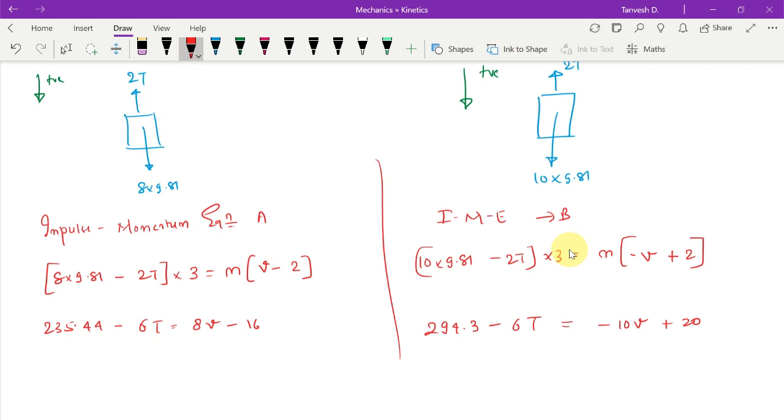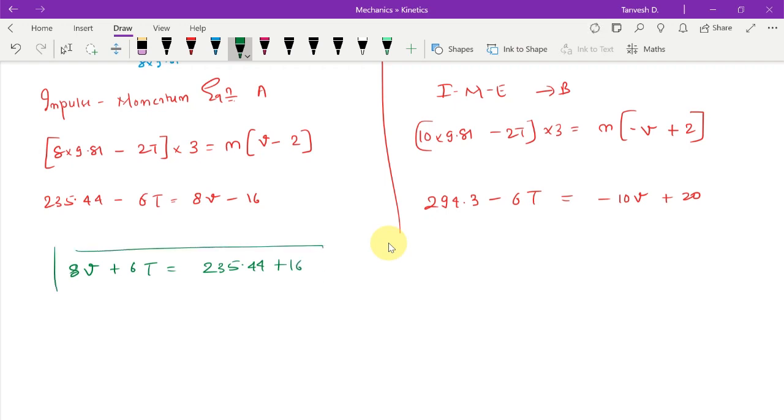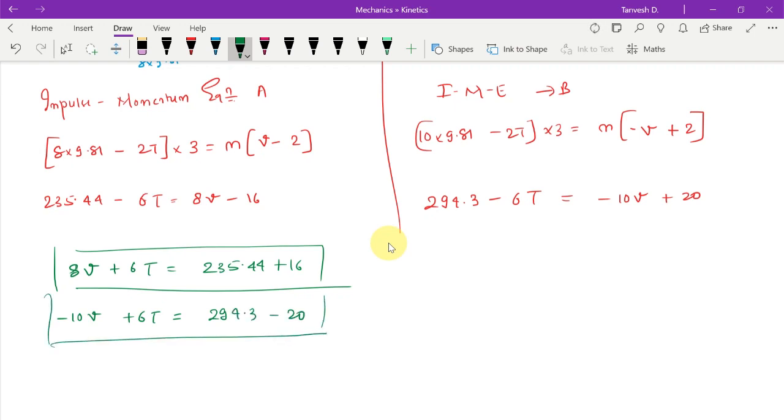So if we arrange the terms into V and T, what we'll get is 8V plus 6T is equal to 235.44 minus 16, plus 16. This is one equation that we get here, and the other equation that we'll get is minus 10V plus 6T is equal to 294.3 minus 20. This is another equation, and when we solve both of them together, we'll be getting the velocity